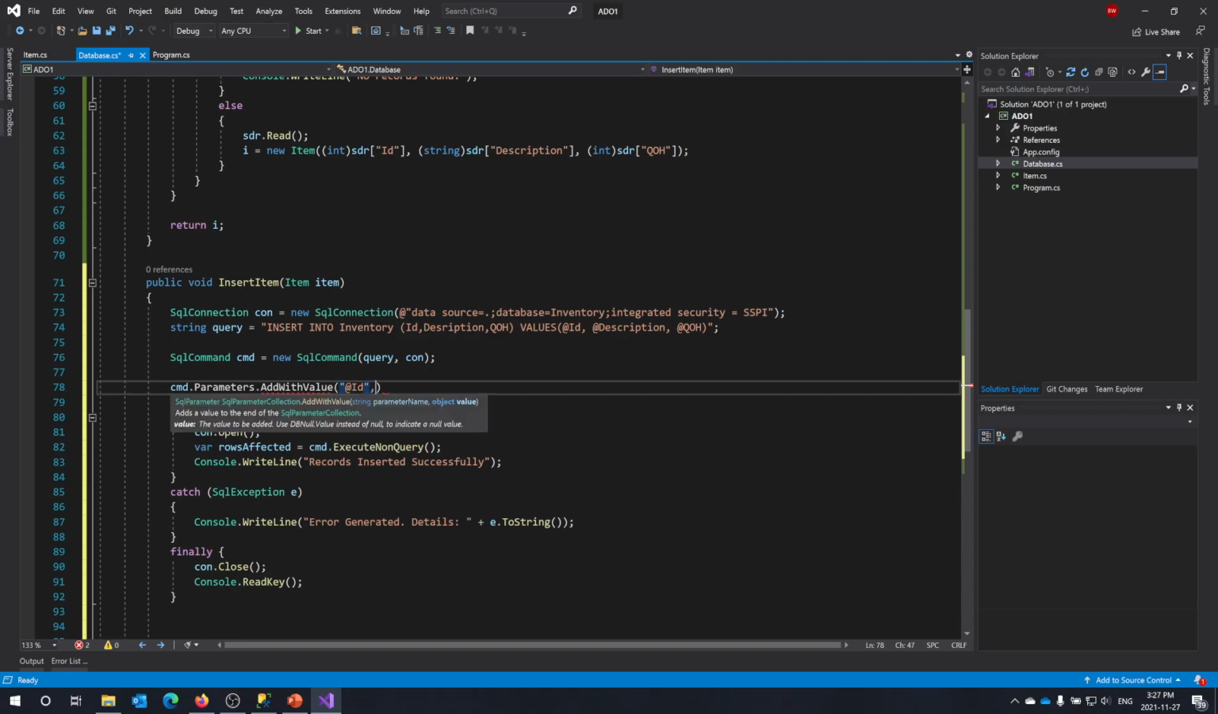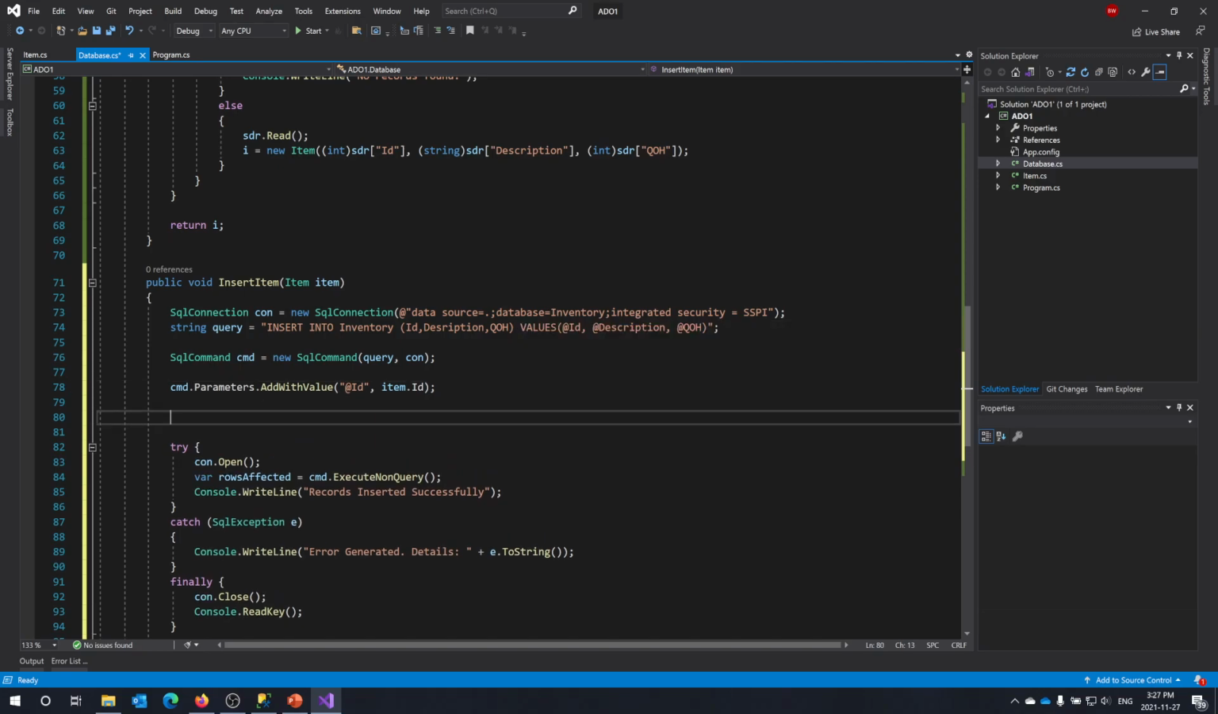ID. And what's the value of the ID? It's item ID, right? From here. That's exactly how to do it. So now you know how to do the other two. It's description and quantity on hand. It's item description, item dot quantity on hand. So just